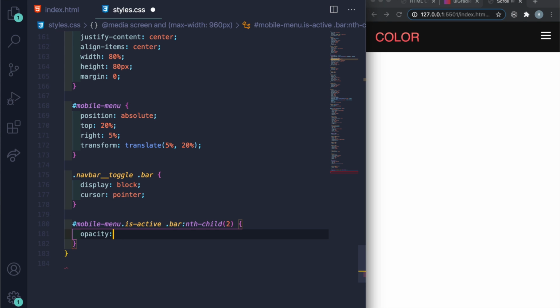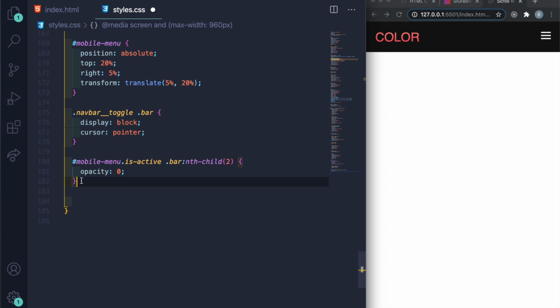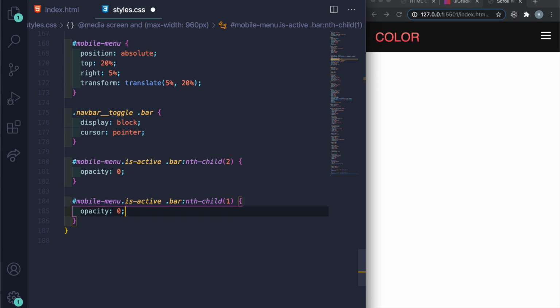Okay, let's see, opacity 0. So that one just disappears there. And then let me just copy paste these. Command C. And then you can just change the child to 1, and then erase opacity, and then just put transform colon